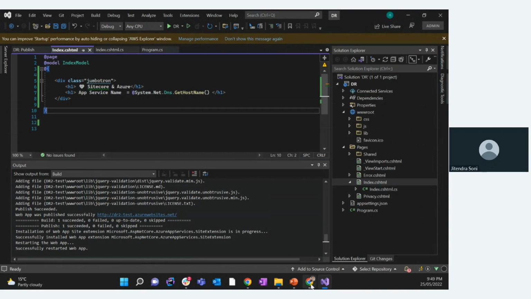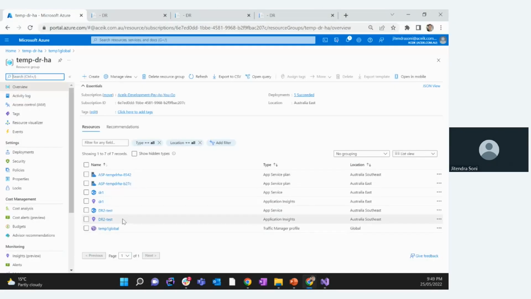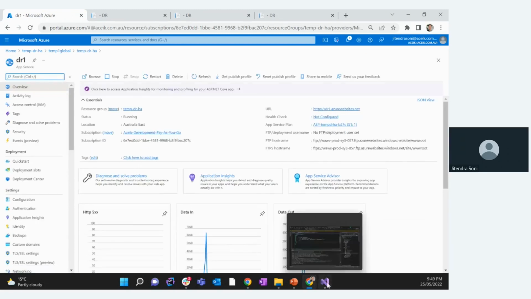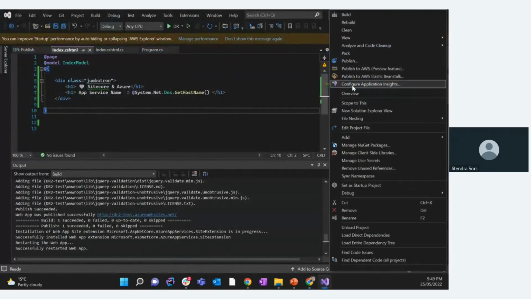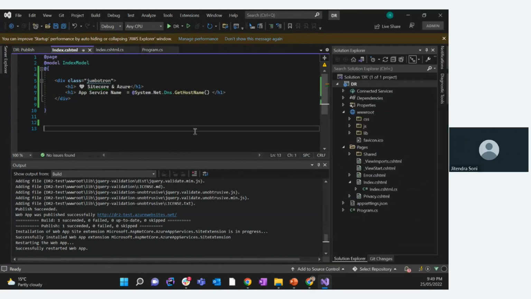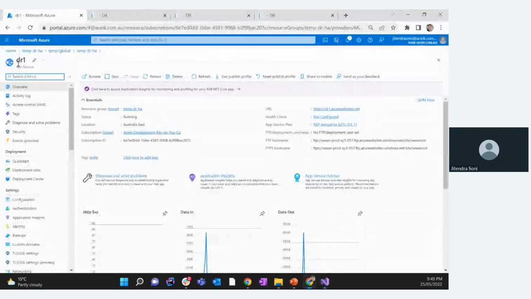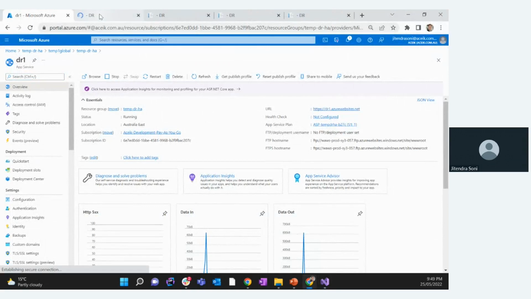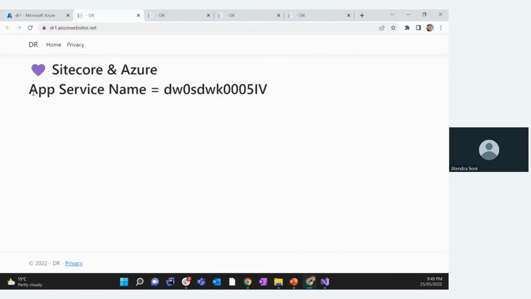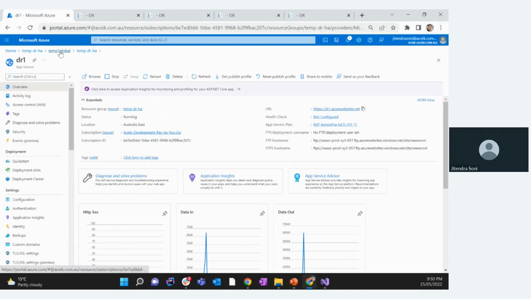And then I created these two web apps, DR2 test and DR1 test. Now for DR1 test, I just published from here. So I published the same code on DR1 as well as DR2. So if I run this code, you see the app service name, which is 5 1v. Now if I go here, which is